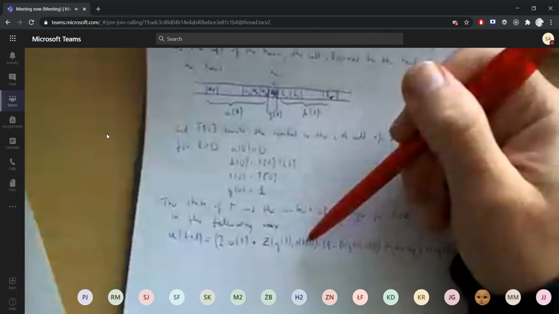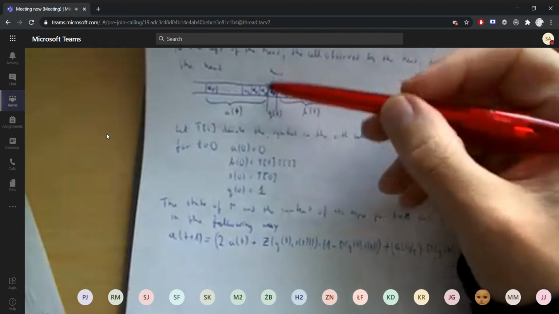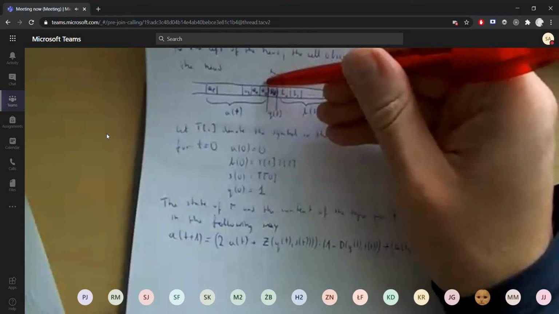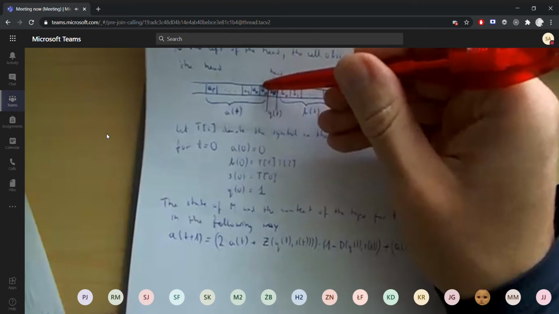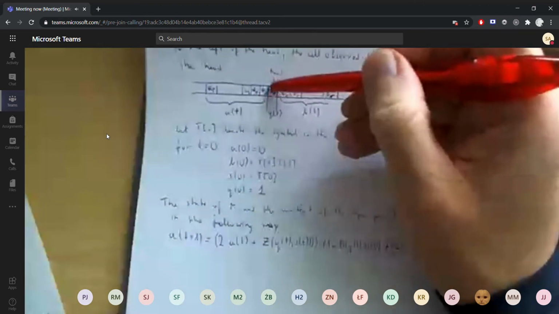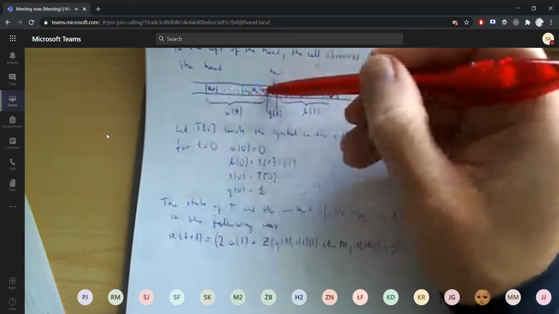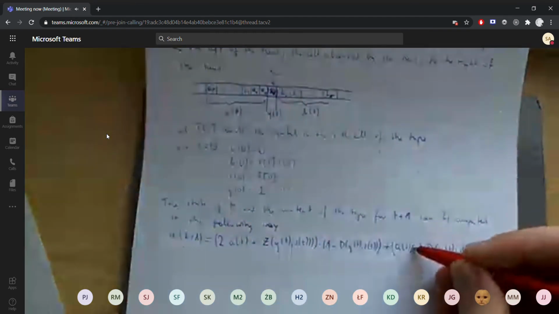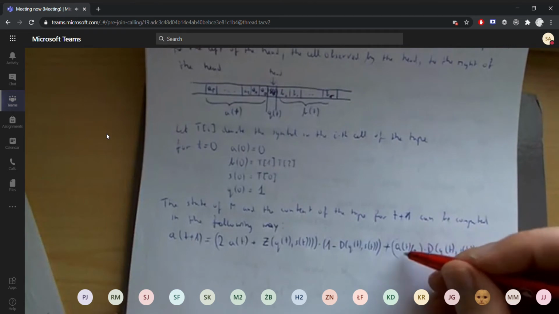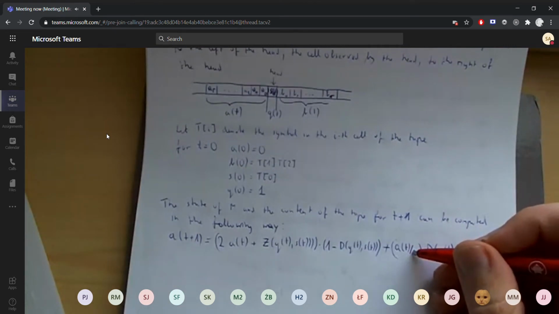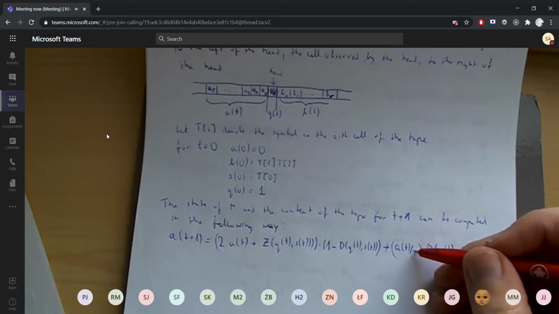So it is correct. And if the head moves left, then we want to have this string without this last A0. So we just have to divide this number by 2. This binary division, the result is always, how to say it,